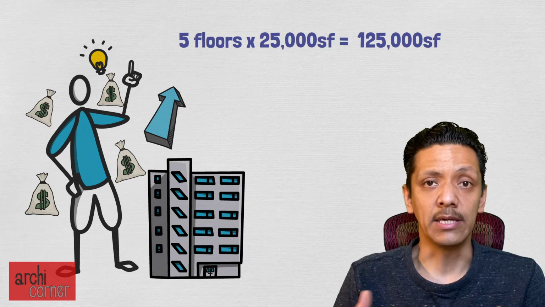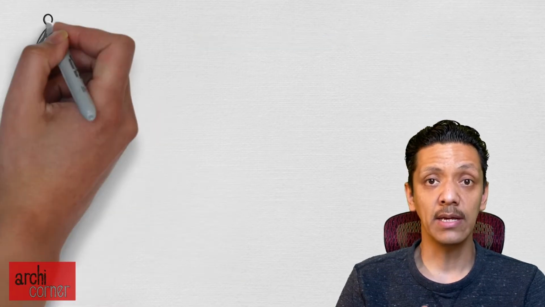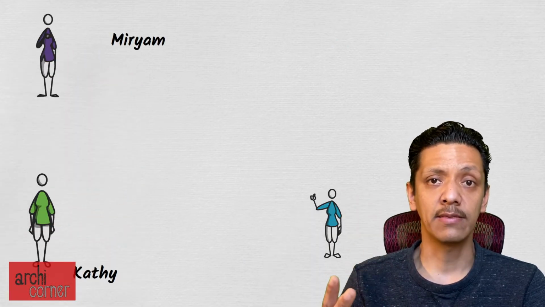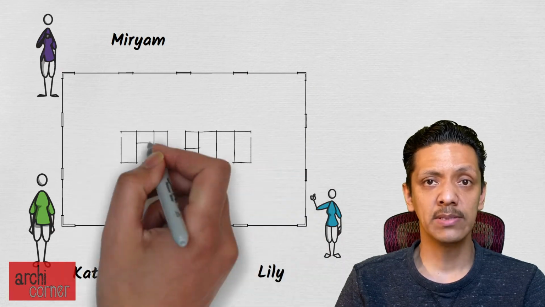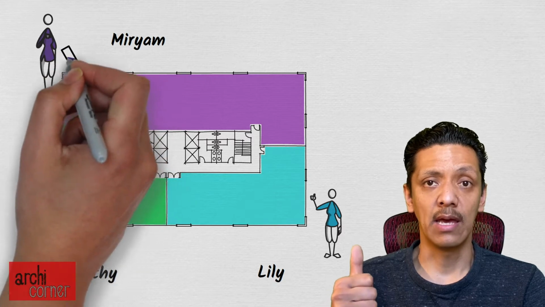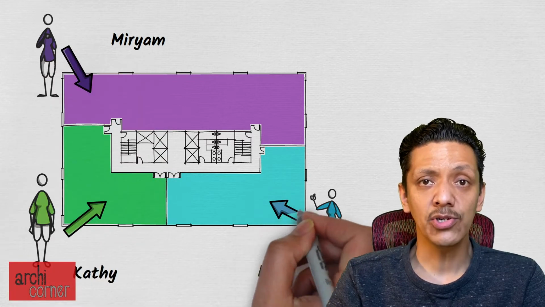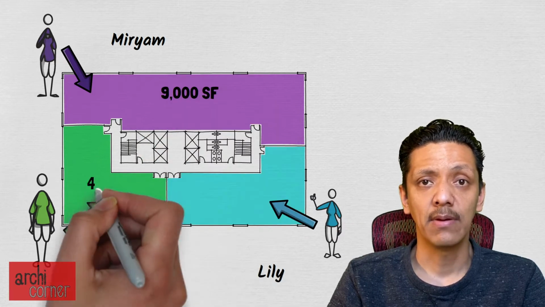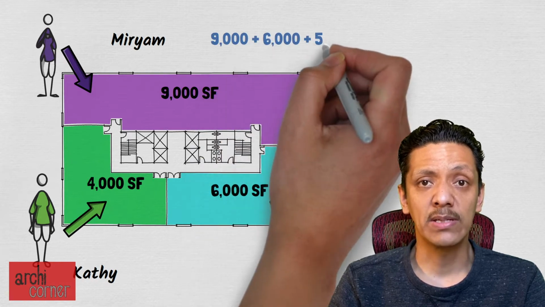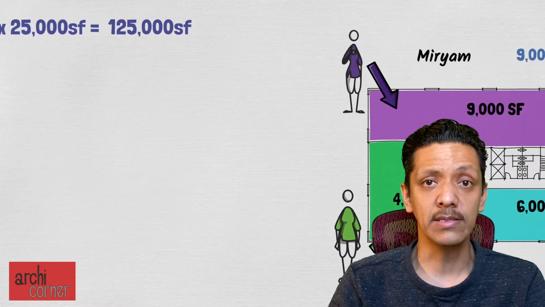But it isn't that easy. Let's find out why. Let's assume for a minute that Johnny does find 3 tenants for his second floor. He finds Miriam, Kathy, and Lily, 3 successful businesswomen who now find this space, and it has the area that they need, and it's in a part of town that they wanted. As we start showing the space that each one of them is taking, perhaps you already find out what the problem is. Yeah, when you add up the spaces for Miriam, Kathy, and Lily, we realize that there isn't 25,000